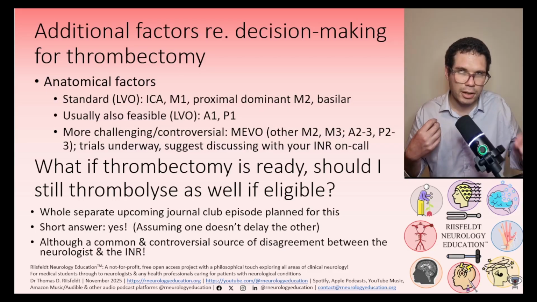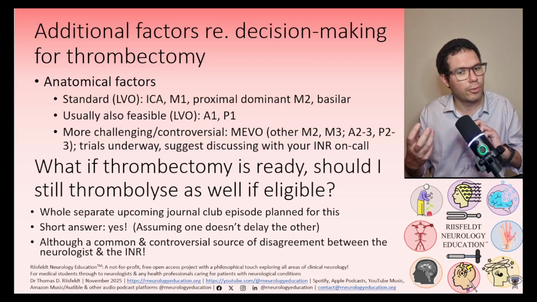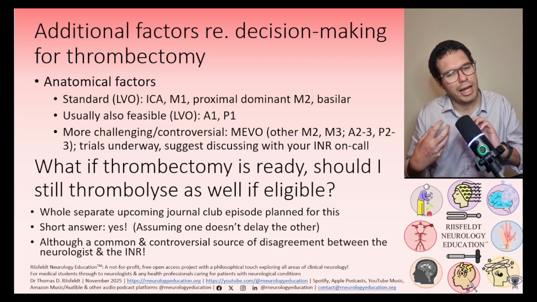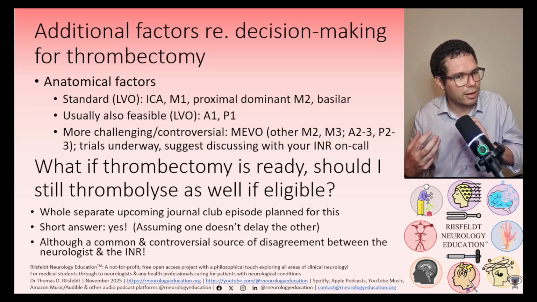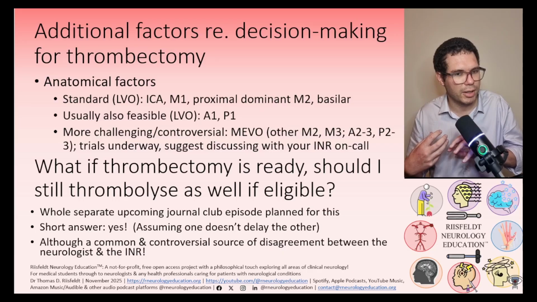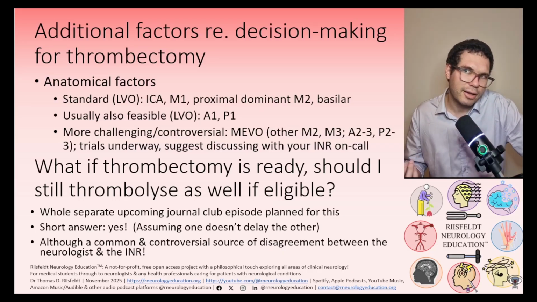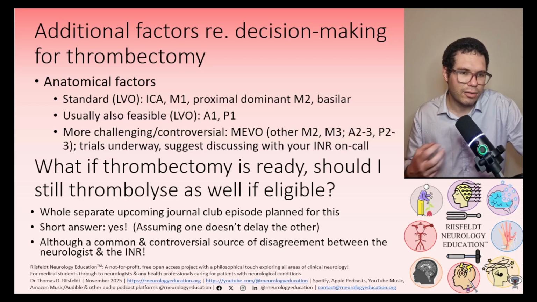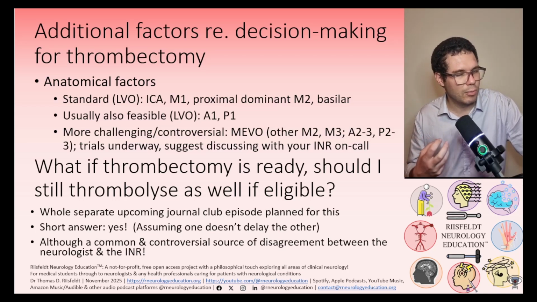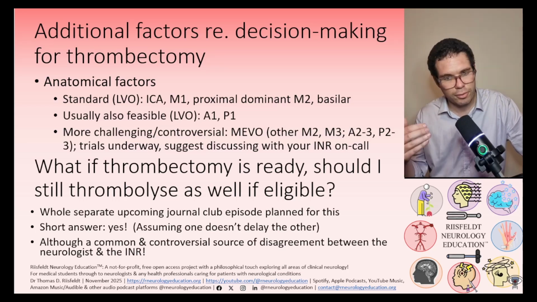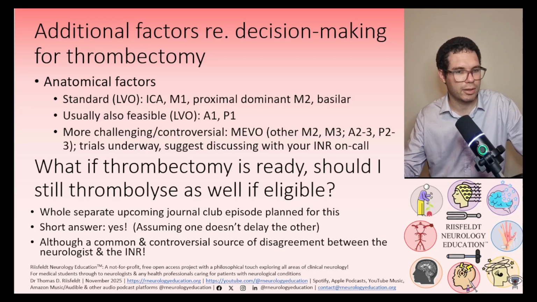thrombectomy. Taking a little bit of a philosophical stance here, you could ask, how is it possible for one not to delay the other? How is it possible to thrombolyze someone without delaying the thrombectomy? Isn't it by definition going to be delaying it? I think that in practice, there are many instances in which actually it doesn't delay it because there are still steps being taken to organize the thrombectomy, so you may as well just thrombolyze them while those steps are being